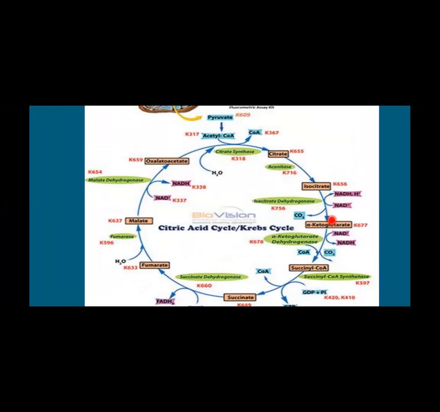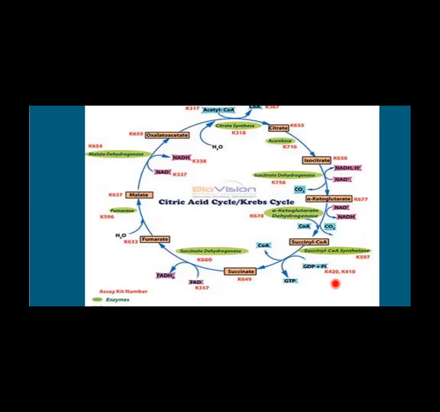Isocitrate undergoes dehydrogenation and simultaneous decarboxylation. Here one CO2 is lost, forming alpha ketoglutarate. The same step is repeated once again, where alpha ketoglutarate also undergoes dehydrogenation and liberation of carbon dioxide, decarboxylation, to form succinyl CoA, which is a 4C compound. Succinyl CoA, in the presence of GDP, that is guanosine diphosphate, forms one molecule of GTP and succinate, wherein coenzyme A is liberated in the same step.